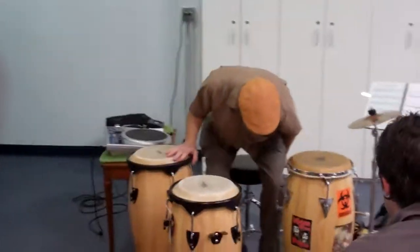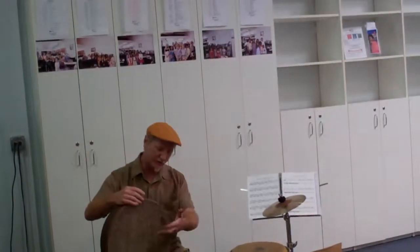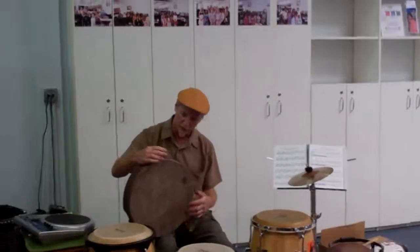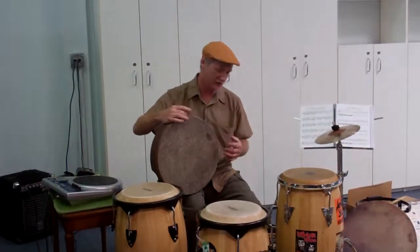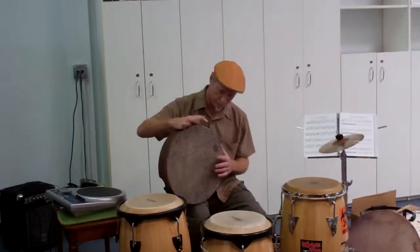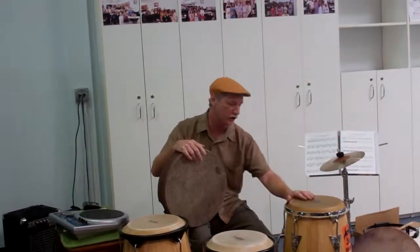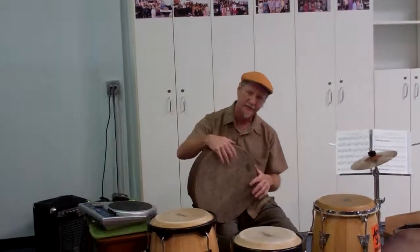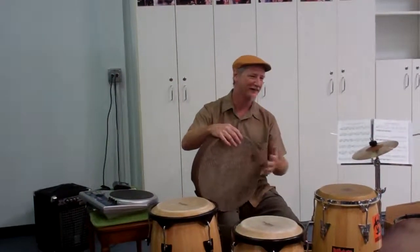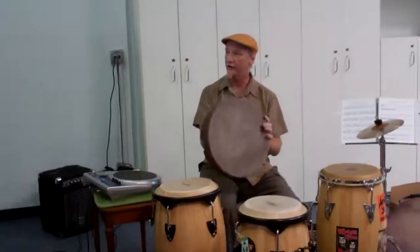So, similarly, when you go to this thing, you really work on both sounds there. The frame drum, this being a tar from North Africa. I'm really going to go right for the edge with one finger or any of the fingers. I'm going to stay on the edge and reach to the middle for the low note. Right? That's a doom or a tone. Tone slap. We can call that doom tech. So you really have a defined, not just this. You can do a conga tone and a conga slap, but this is really cool if you